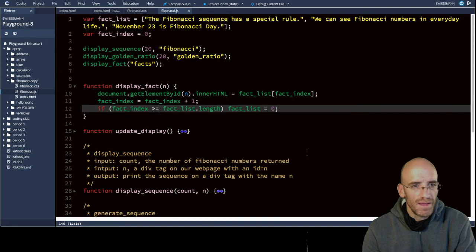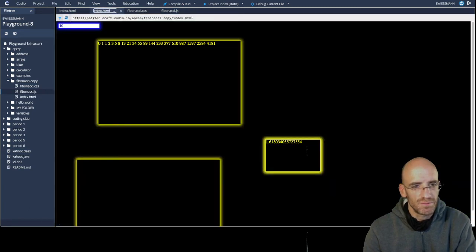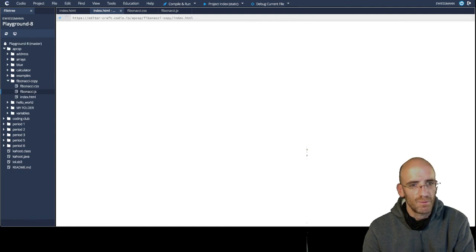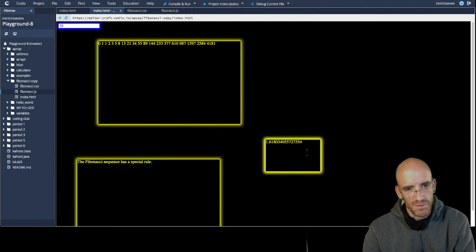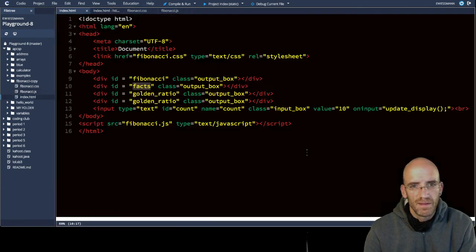And so that, let's see how that works so far. And really all it should do is print the first fact if it works correctly. The Fibonacci sequence has a special rule, great. And then when we click on it, we're going to have it print other facts. So all we need to do now is go to our HTML and